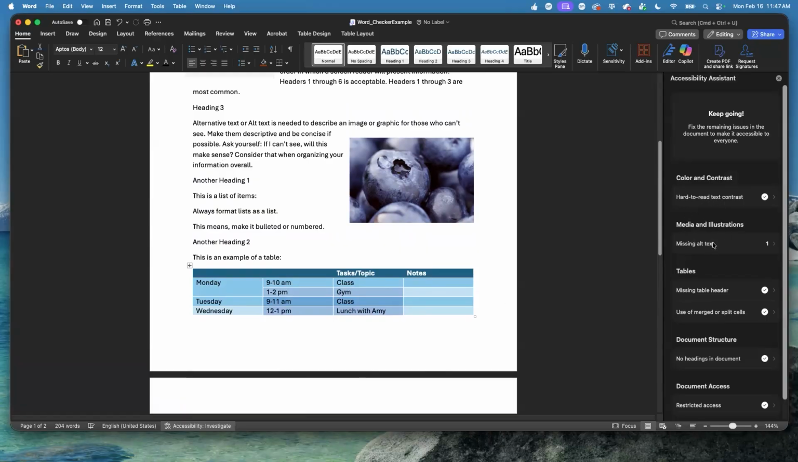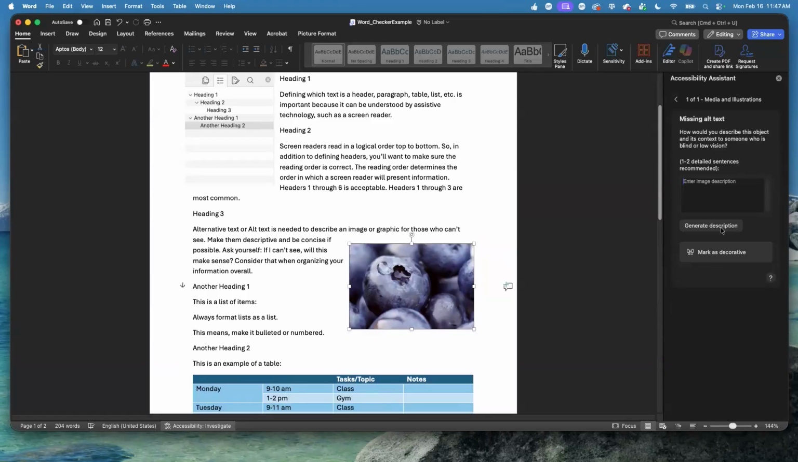So next we have missing alt text. It's highlighting this picture of the blueberries. You can generate a description. If you like it, you can keep it the way it is, or you can write your own and click